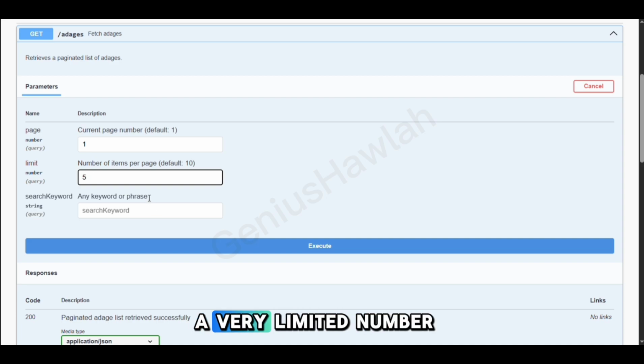For now, we have a very limited number of adages at the backend. When the system is fully ready and people are submitting adages, I know it will be filled up, and it will be a very rich repository for Yoruba adages. In the future, I don't know if I've said that, I'm thinking of adding pidgin proverbs to it, where people can go search for a pidgin proverb, the English translation, and all. And yep, so you can search for a keyword.